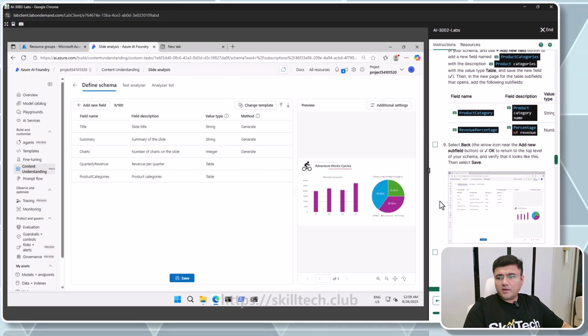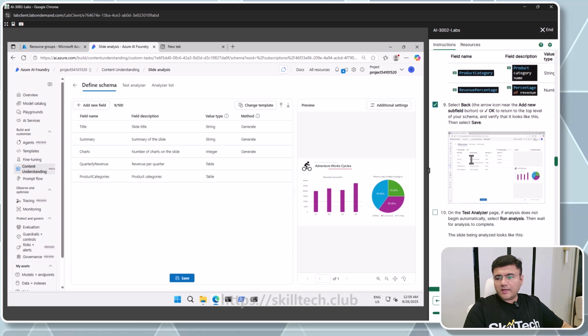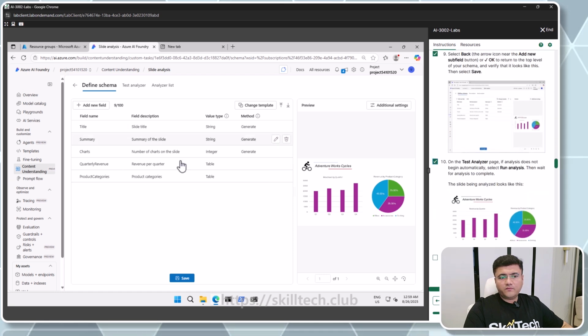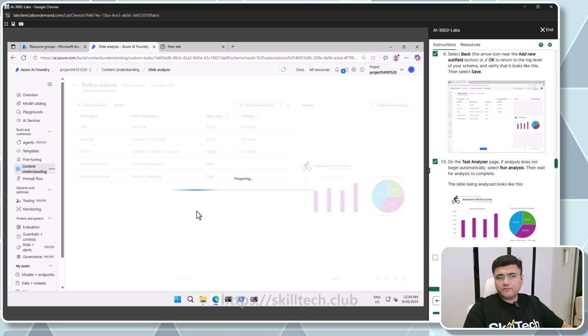We are done with the schema configuration, and again we are going to be going back, and you can see it's showing me all the fields. Two of the fields are actually of type table, which is perfectly fine, and I'm going to click on save,